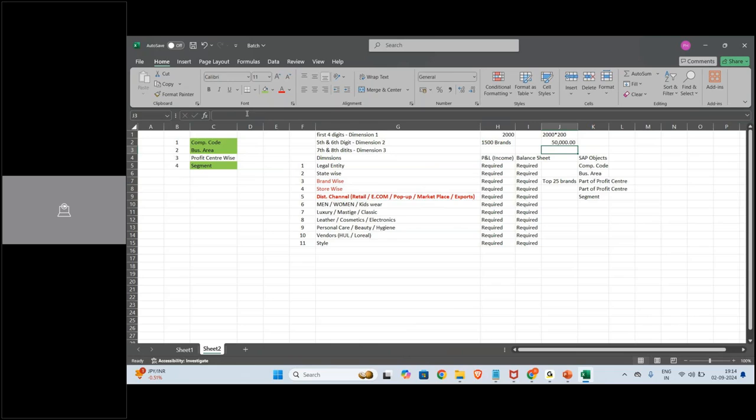Now, store wise, you have your own stores. Then you have your franchisees. You have your kiosk, right? What I am trying to tell you here is that even though we can propose profit centers, we'll have to arrive at the optimal. What is the best combination that profit centers can give?